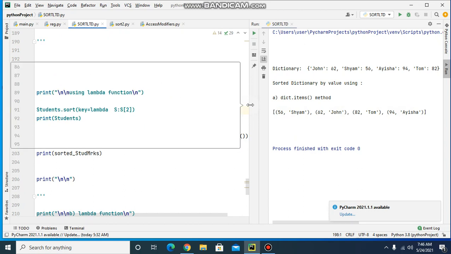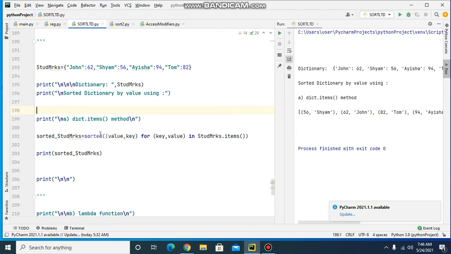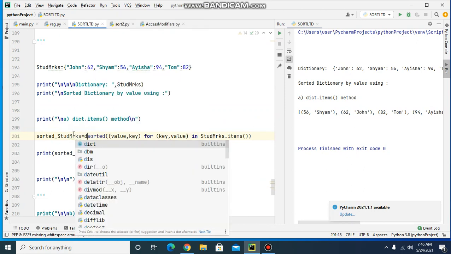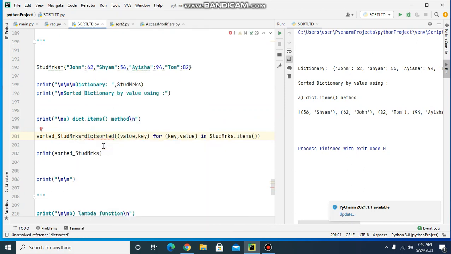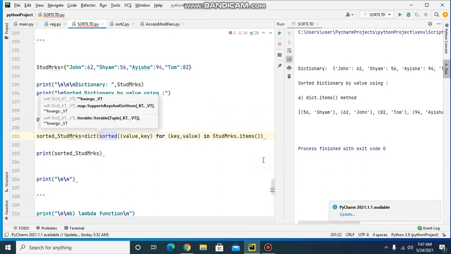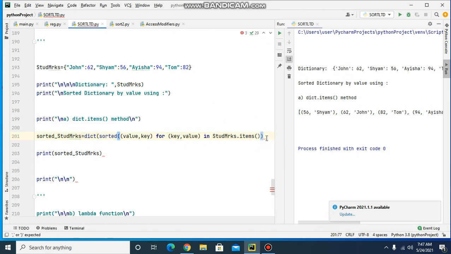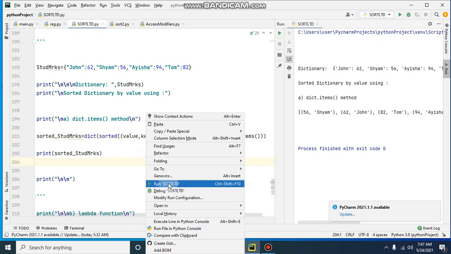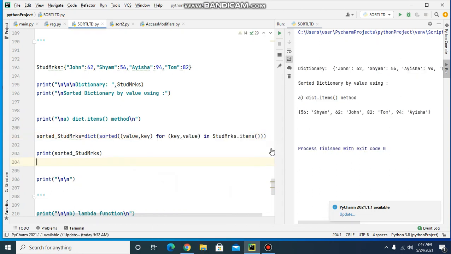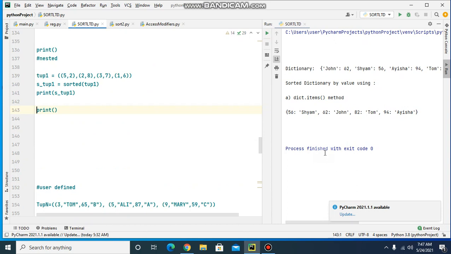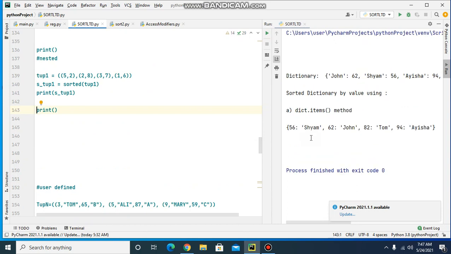So if we want it in the form of dictionary, we have to change here. And we will run it again. So the output now is in the form of dictionary. It is in the form of key value pairs.